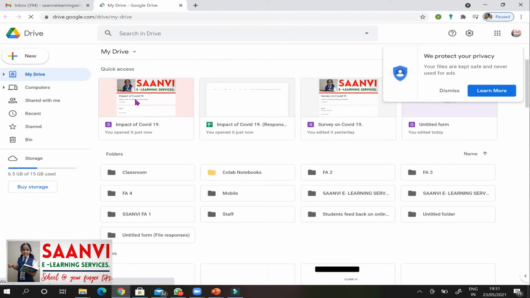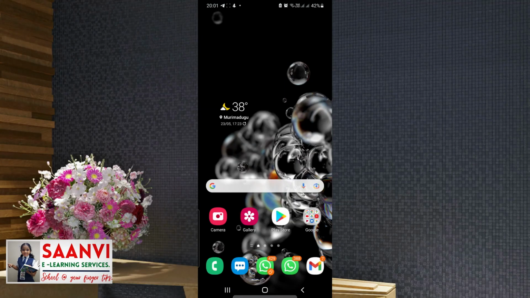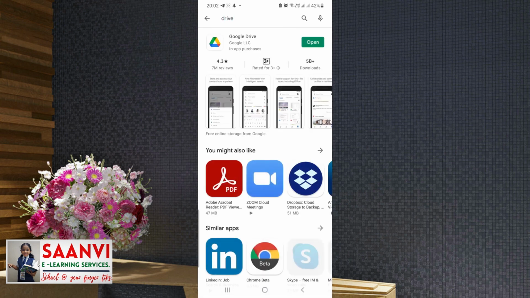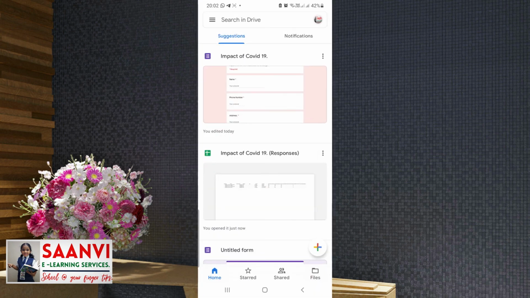Our file is here, impact of COVID-19. Double click on it. If it is in smartphone, go to Play Store, download Drive. Open Drive after downloading. Now open the survey form which we have created.